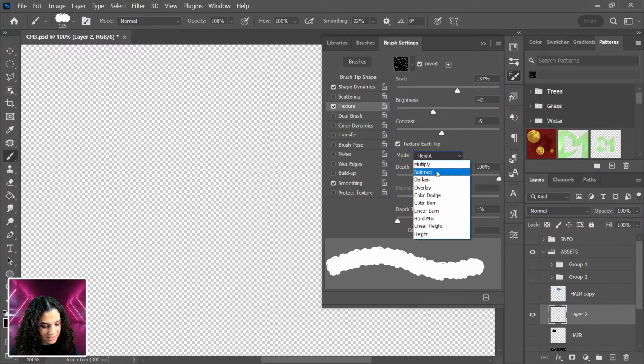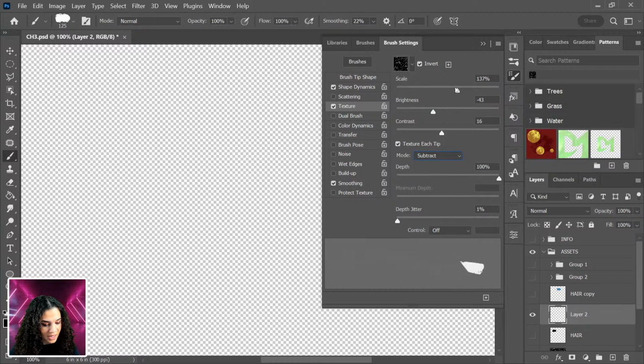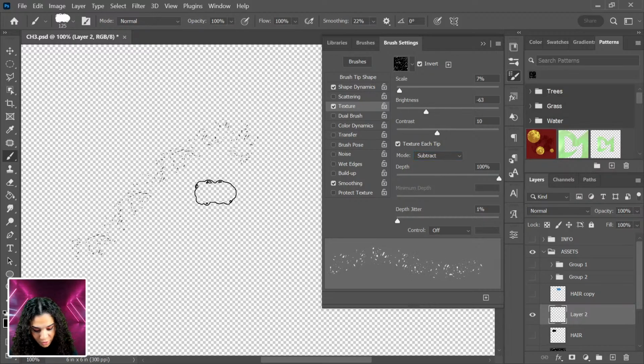So let's go ahead and set the mode to subtract. And then let's turn the scale down. That subtract is really important because it will subtract the shape of your pattern. And then you can add a little bit of the other settings in here as you see fit. I think I want to bring that down a little bit. That sucks out too much